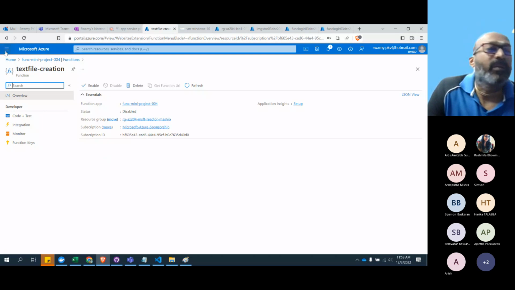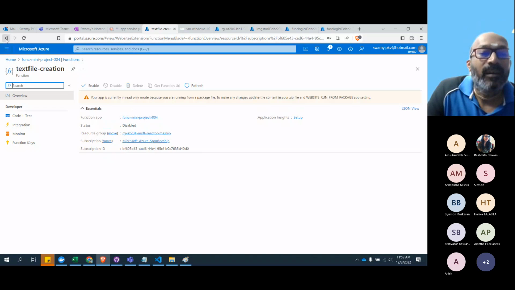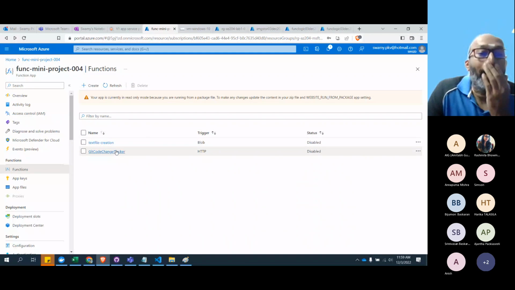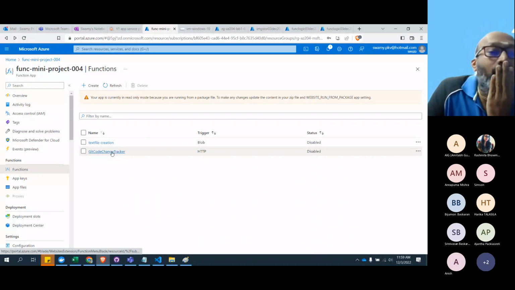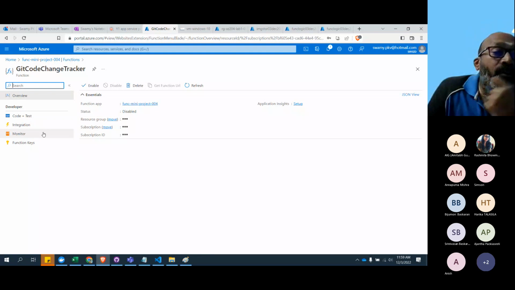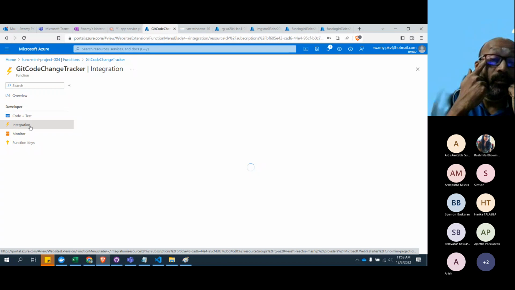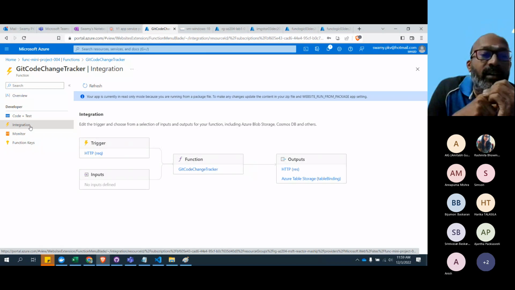Oh, it's an HTTP. It's an HTTP triggered only. But when you come to this integration, this is where you need to understand what is happening.